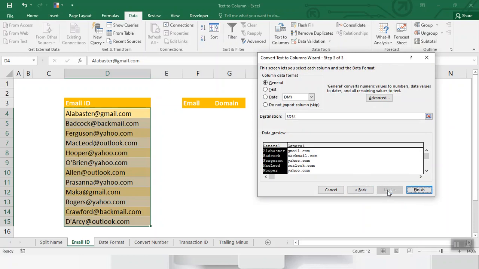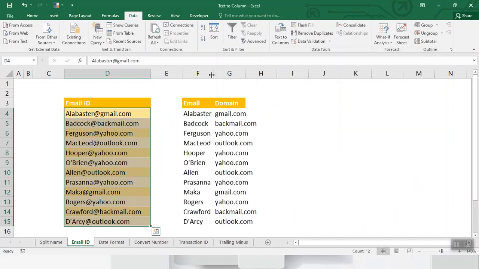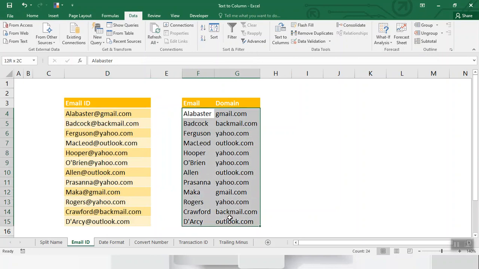Click next, and my destination is F4, then finish. My username and domain address are split successfully.